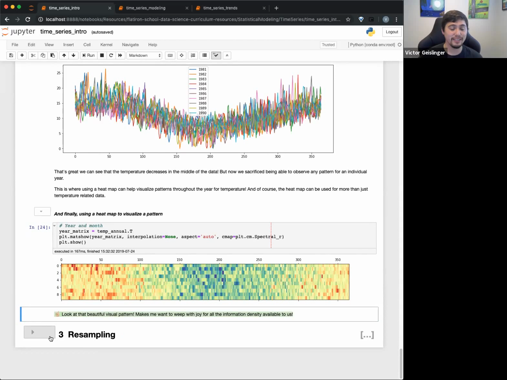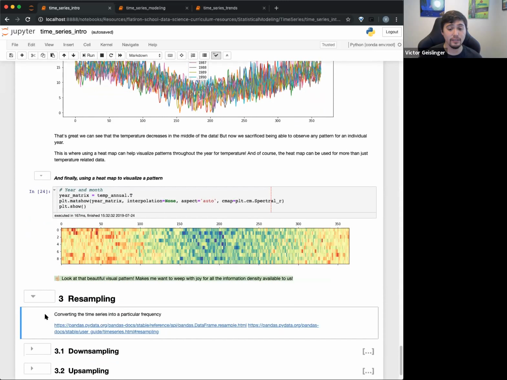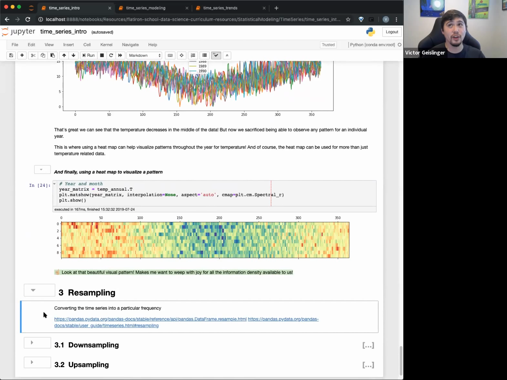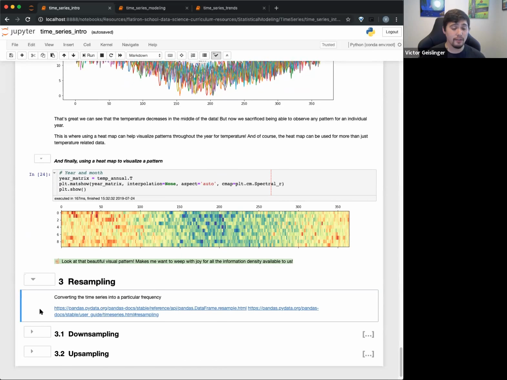So resampling. This is a method we can use for time series. Basically, this allows us to find a particular frequency in the pattern. For example, if you have a long period of information that repeats per month, or per week, or even per year. For example, if you're looking at multiple decades, maybe you want to see this difference. You can actually use downsampling